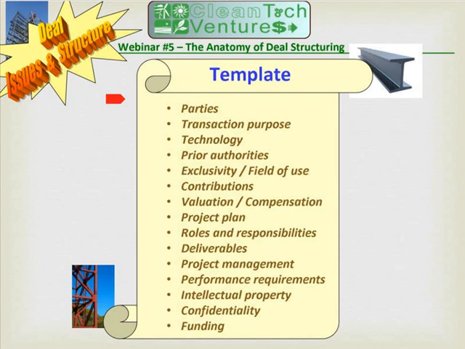One of the ones that I think is very important here is the one on prior authorities. What is meant by this is that quite often in the development of a new innovation, there are two or more individuals or organizations involved, and quite often the ownership of the technology has not been well defined to this point, because everybody is working together, focused more upon getting the technology to work, and suddenly they're at a point where they want to do a deal. Well, at that point, they need to sit down and work out who owns what.